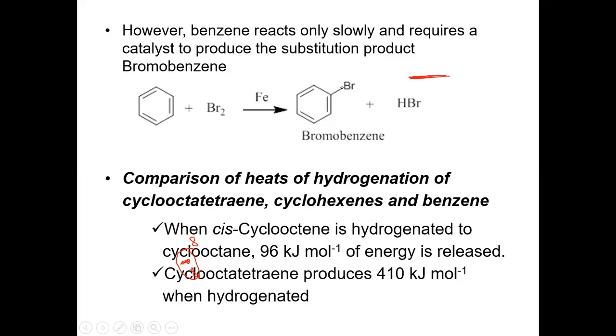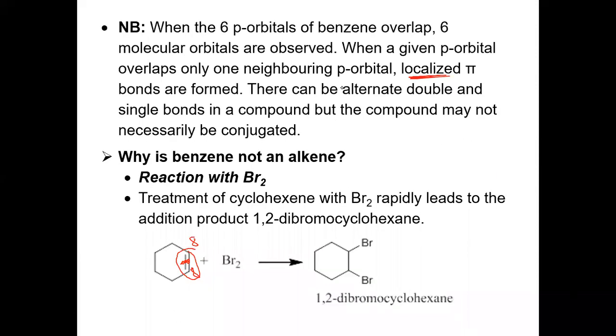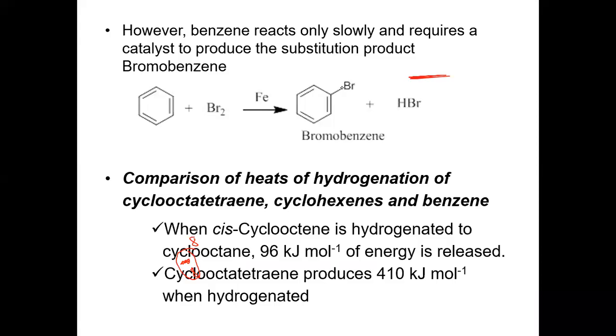Now, this is a question that can come. Probably explain why benzene is not an alkene. It's not an alkene because it does not undergo addition reaction. It will undergo substitution reaction. And we can use these two equations to just explain. Very simple, right? Good. Now we have to compare the heat of hydrogenation of